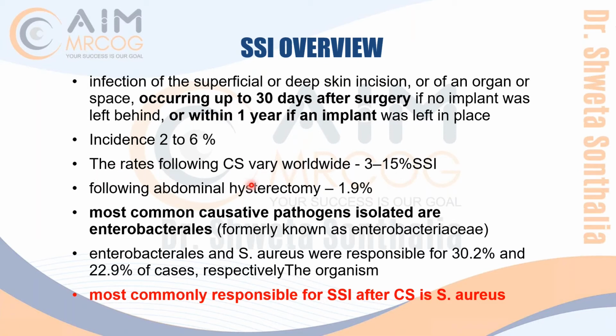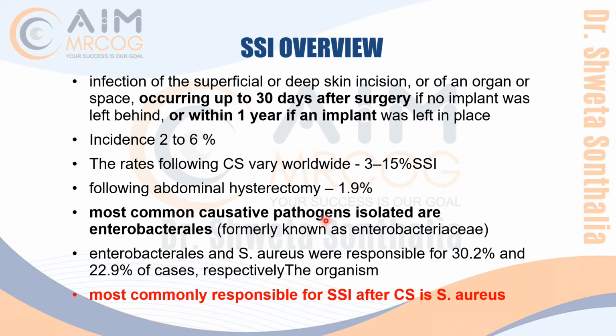Following abdominal hysterectomy, again, they have written a wide, full paragraph about different incidences that in this country, in US, it is 2.7. Earlier, it was 1.6. Now it is this, now that. Then finally, they have given that the recent study says that following hysterectomy, it is up till 1.9%. So just remember vaguely like 2%. 2% risk after hysterectomy. But if you see CS, it is quite high, up till 15%. So just keep it in mind.